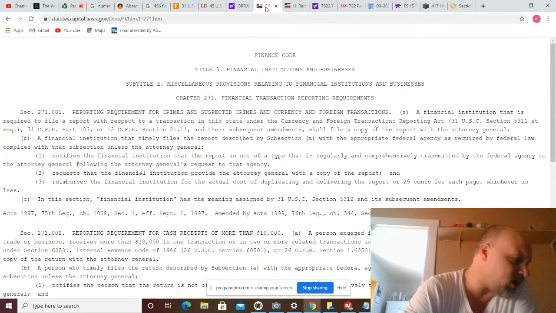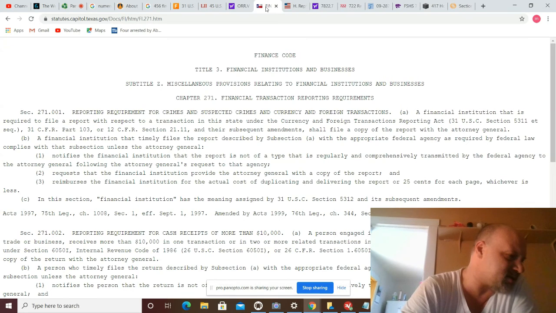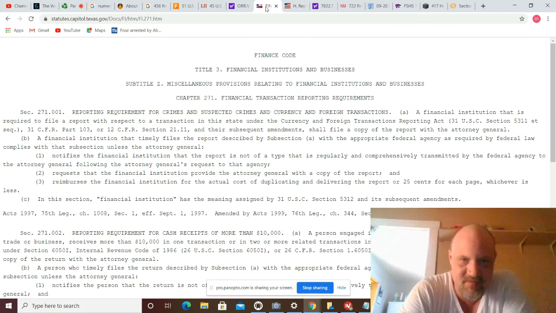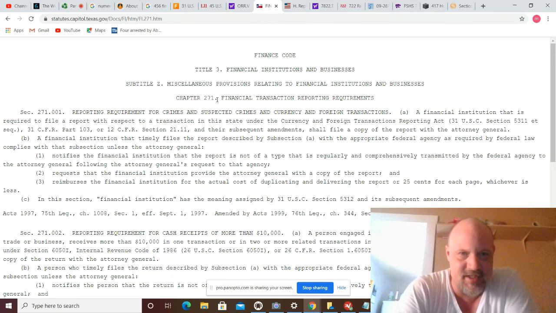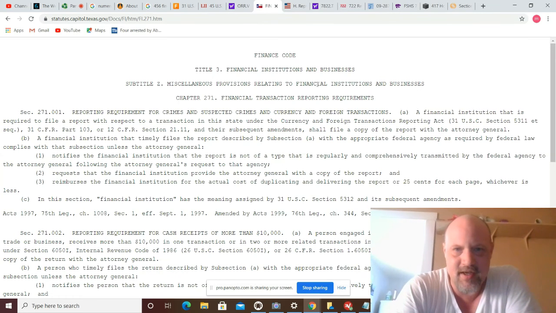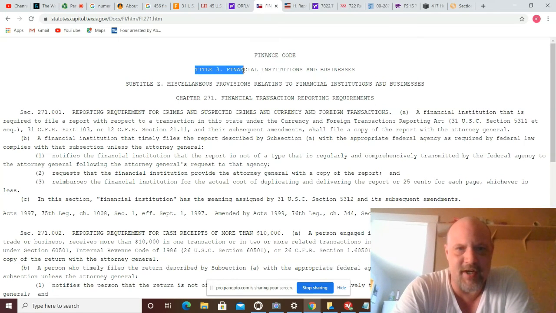And 271 is Finance Code, Chapter 27, Financial Transaction Reporting, and this is in Texas. So here's another Texas. And Title 3, Financial institutions and businesses.